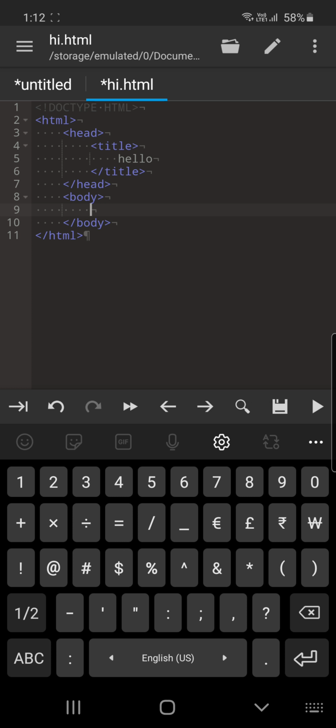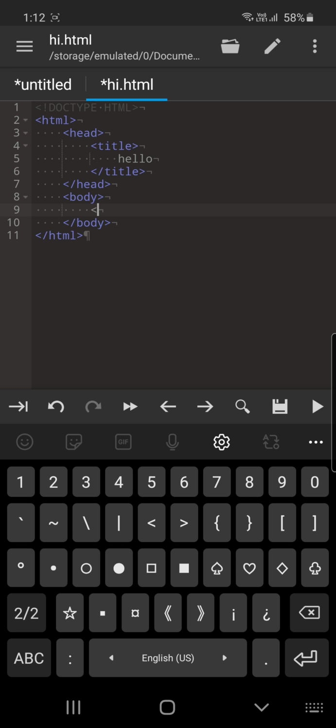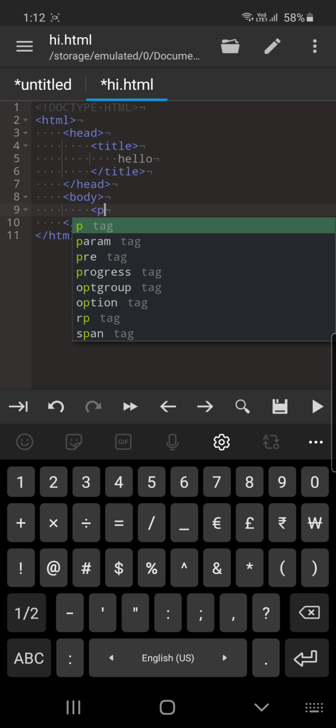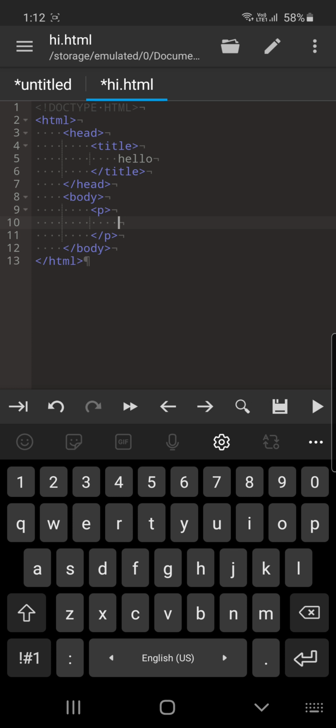Now, one of the most popular tags to put inside the body tag is the P tag. It is very simple. You have to do nothing but just type in P inside the angular brackets. And one common doubt that some students often get is how do you use the P tag basically, and what are the angle brackets that you have put in the front and beginning of each and every tag.